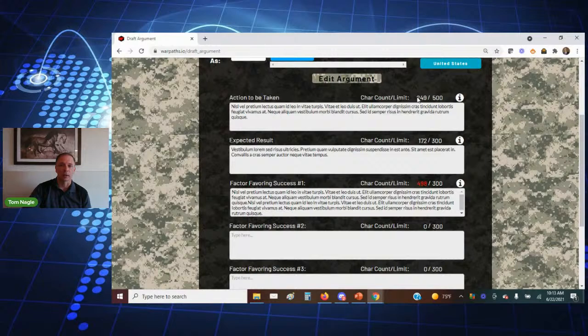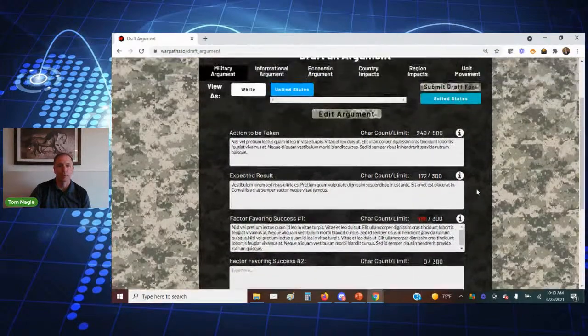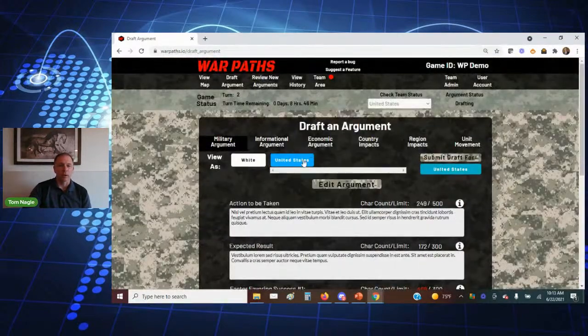There are character count limits that you can set to control the amount of information that everybody puts in. And you can see here they've exceeded the character count limit. They won't be able to save or submit this unless that gets down below the 300 character limit established by the white cell. In drafting an argument, there's basically a package that goes in for each of the teams as